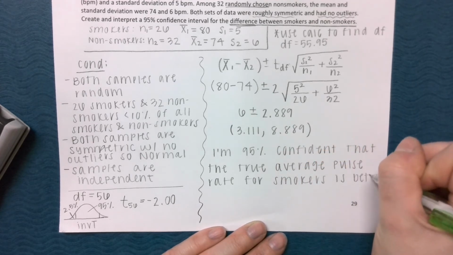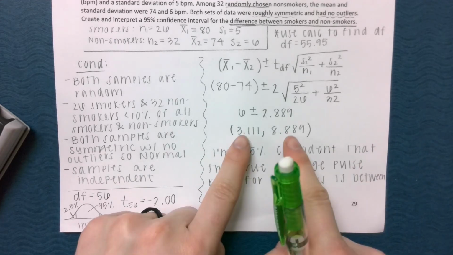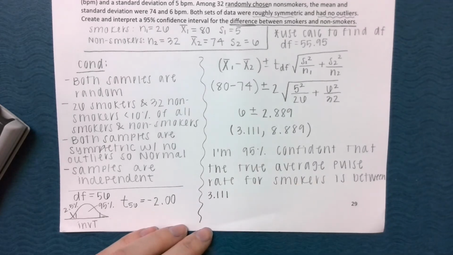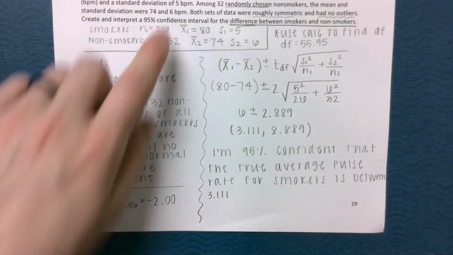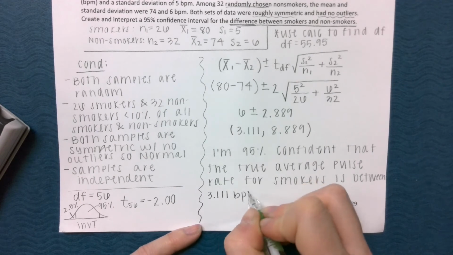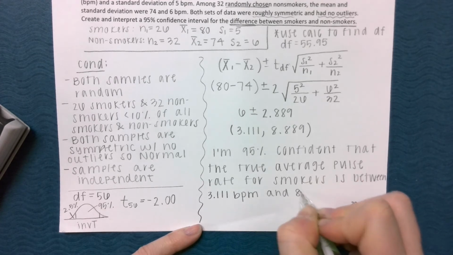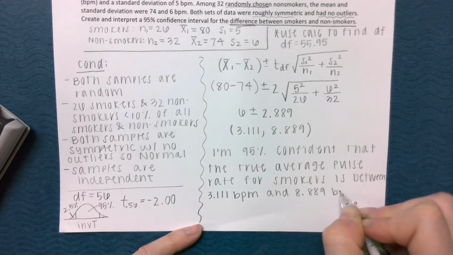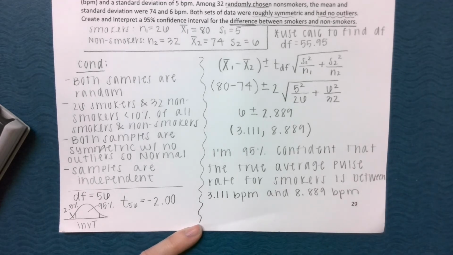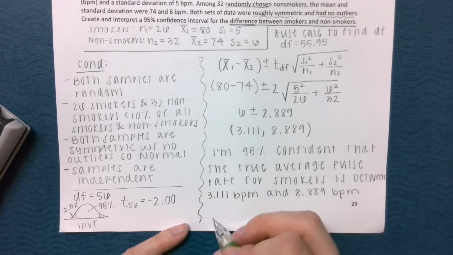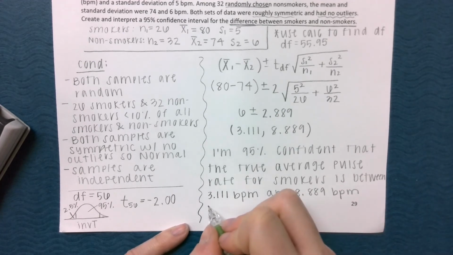So that was looking at smokers. So the true average pulse rate for smokers is between my interval. So I'm going to say 3.11. And the unit for this, if I look back at my problem, we were looking at beats per minute. So I'm going to do 3.11 beats per minute and 8.89 beats per minute. Both values were positive, so we are pretty sure that the average pulse rate for smokers is between 3.11 beats per minute and 8.89 beats per minute,